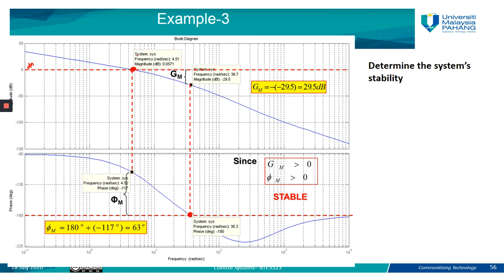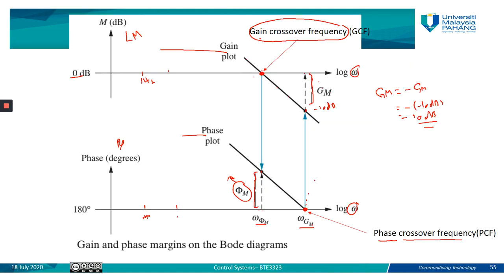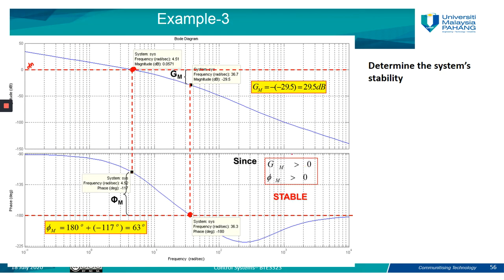Okay. The second one is the crossing between the phase plot and the 180 line, here with 0 dB, here with 180 degrees phase, and this will give you the phase crossover frequency, which is this point. After we identify the point, we draw a line from this point until we reach the plot for the phase. So the difference between this point on the phase plot and the 180 represents